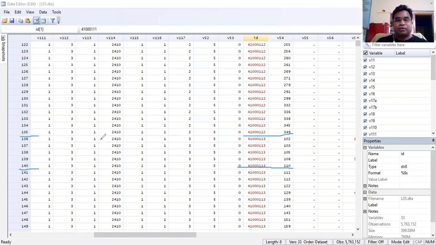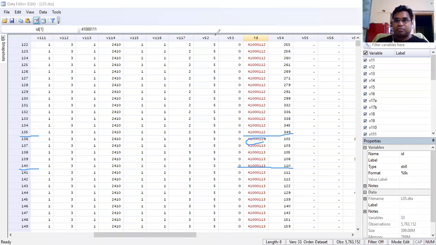So you understand now, corresponding to each and every household, there is a set of items, and that gets repeated for each and every household. Now it goes to household number 3, right? 113. So this continues. So that's how this data has been stored in level 5.